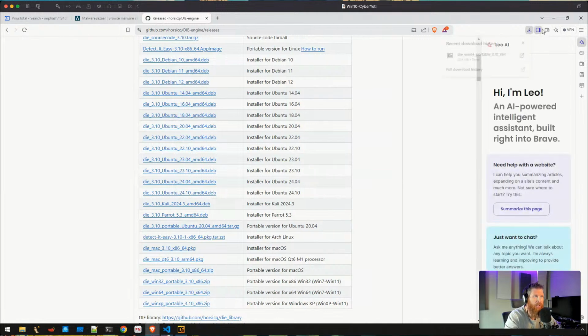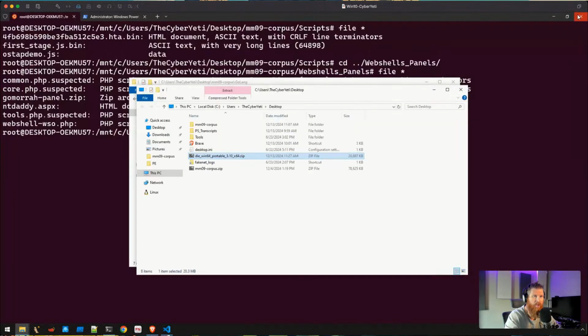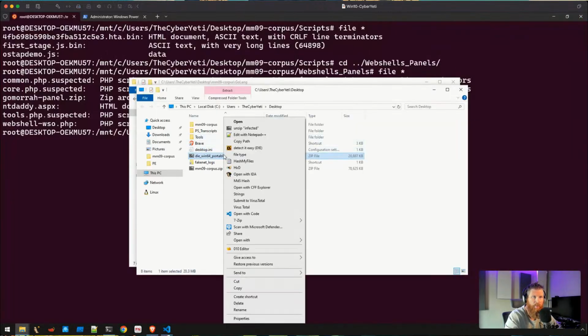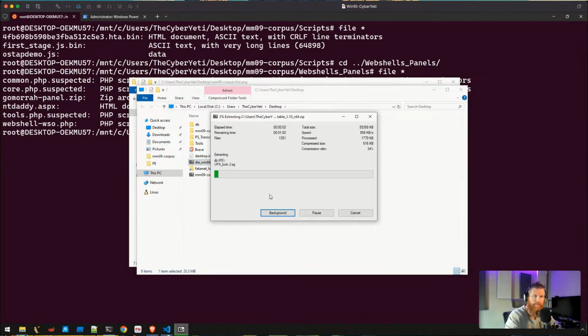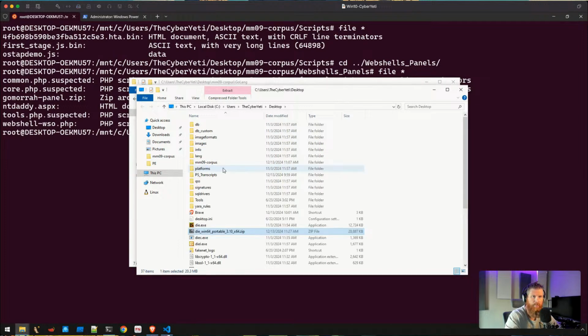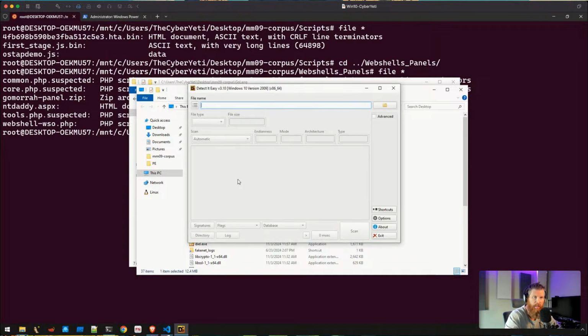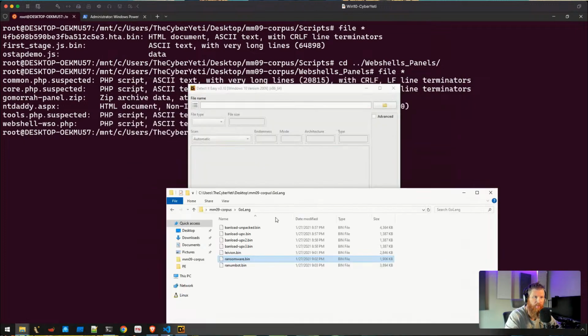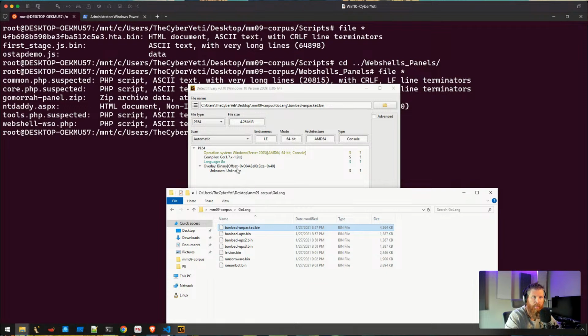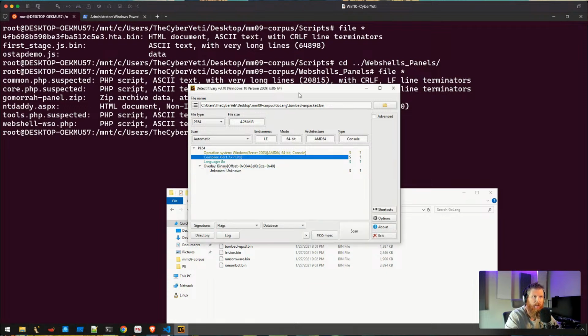So let's get this open and we'll close this version. We'll extract the file here. Ooh, shoot, I did that on the desktop. Okay, well, that's fine. Here we go. We can see that we've got 3.10 running now. Let's drop the ransomware.bin into the folder. Maybe I'll use this one. Okay, I think this is the one. Yeah, this is the one I want. Okay, so we'll do that.